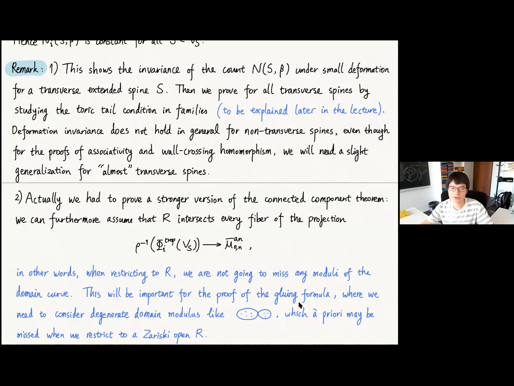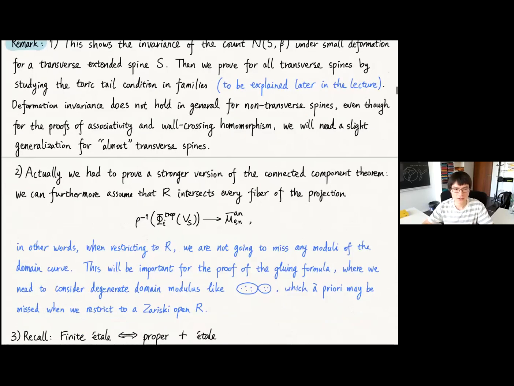for later proofs. For later proofs, we must be able to degenerate domain moduli as we like. So we'd better have R big enough not to lose any interesting domain moduli. Yeah, so that's the second remark. Third remark,